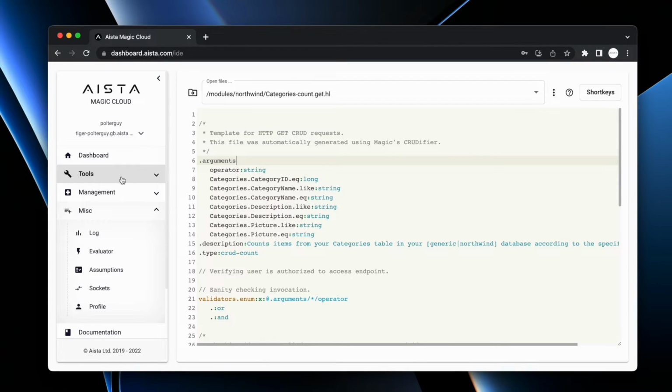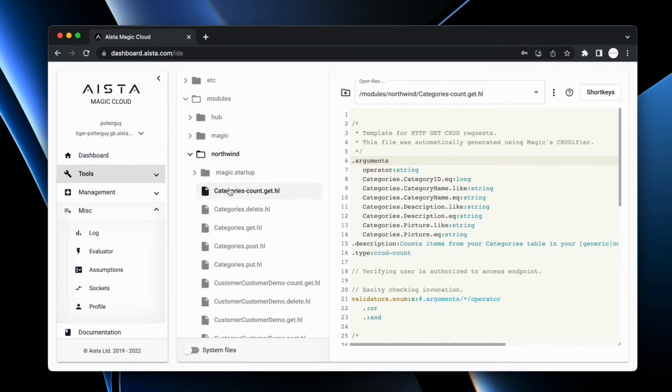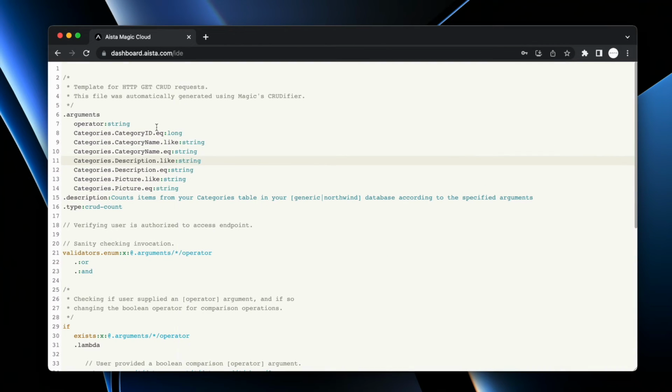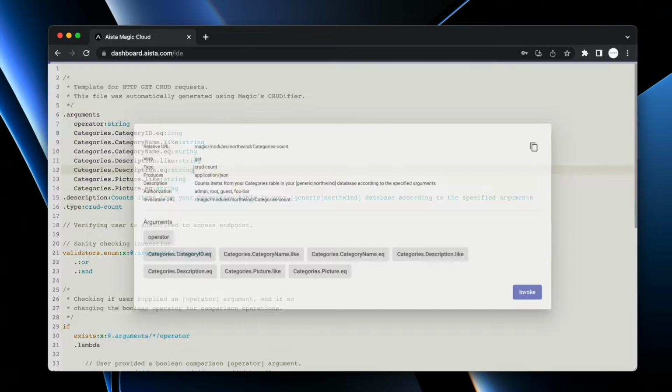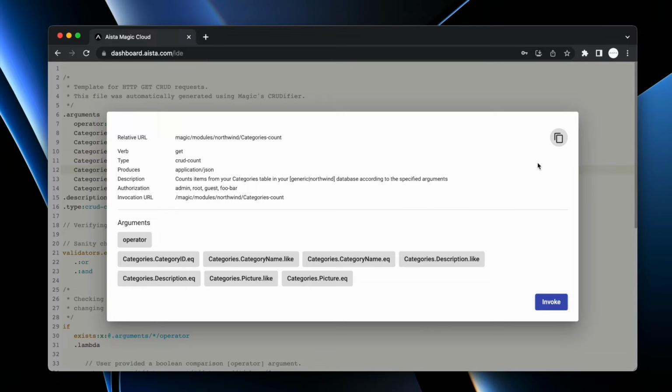So if we start out with our count endpoint for categories, we maximize it. We look at it, and you will see here, we have all the arguments. So we went through this in our Hello World video, our first video, and we illustrated how we can declare an arguments collection. Now, the way this works is that if I try to pass in an argument that I'm not legally allowed to pass in, and in fact, I can try it by clicking F5,